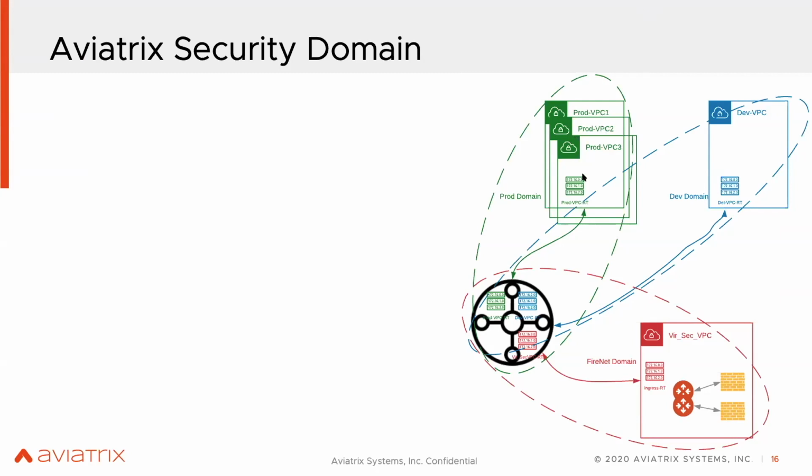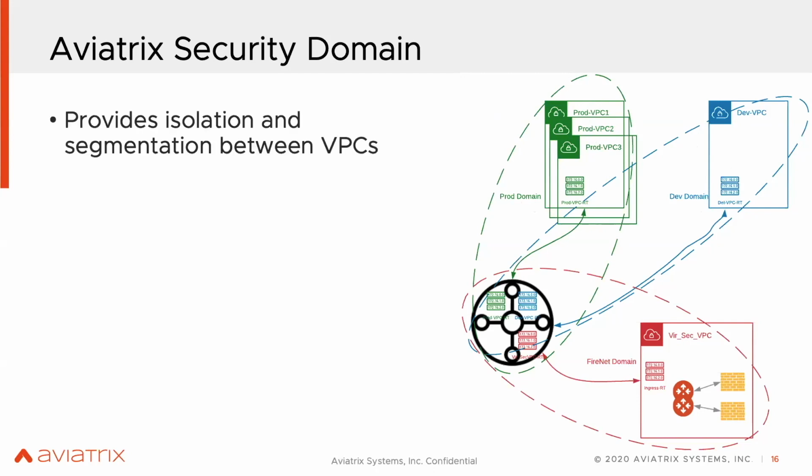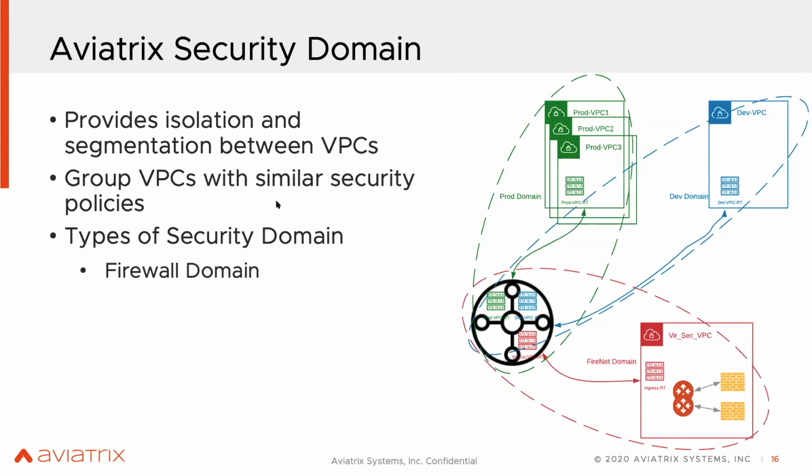Now with Aviatrix, what you can do is say, you know what, all these VPCs are running a production workload, and you can put them in one security domain, called the production domain in this example. And the rest you can put in the dev domain. And through the policy, you can say that the traffic between prod and dev is not allowed, right? So there will be no communication happening between these 2 domains. That's what we can do with the security domain. We can use this concept to provide isolation and segmentation, and we can also use the same concept to insert the firewall into the flow or do the service chaining, okay?